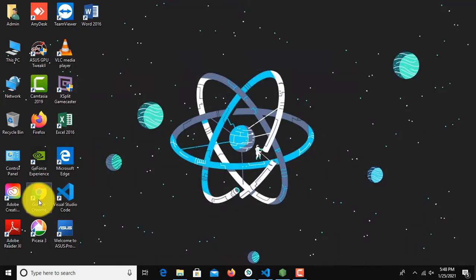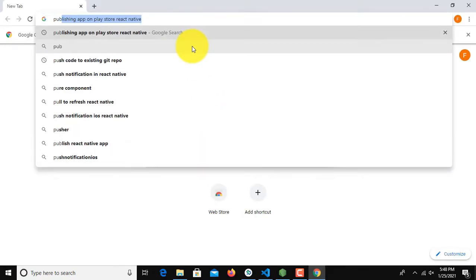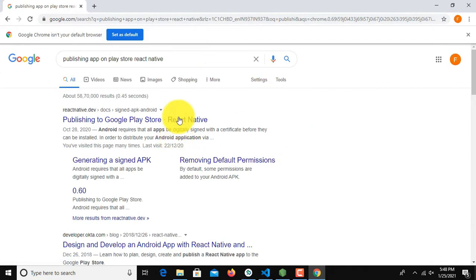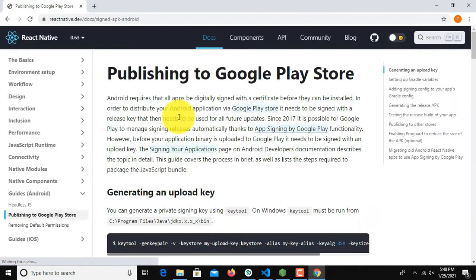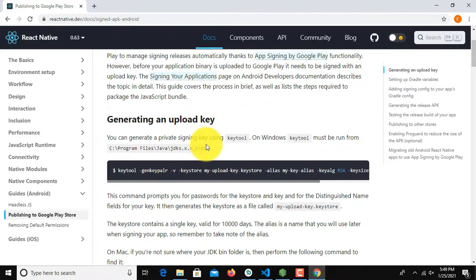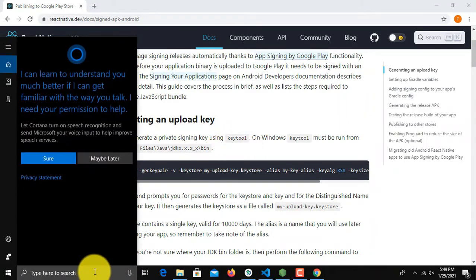Today we are going to learn making APK for publishing it on Google Play Store. Building APK, we will follow the React Native docs of publishing your app on Google Play Store. So for making APK, first of all we'll need to make keytool. For building keytool, make sure you have a perfect Java version, Java JDK version. Make sure you have correctly set your Java path in your environment variable.